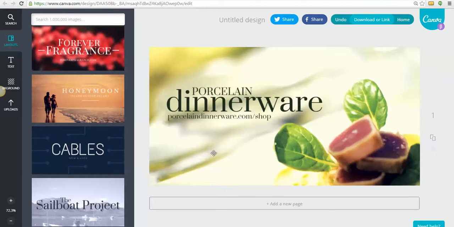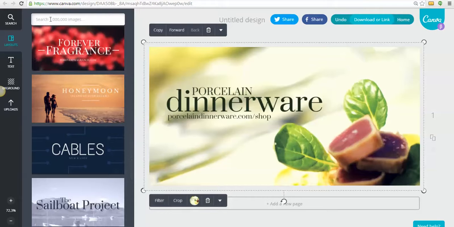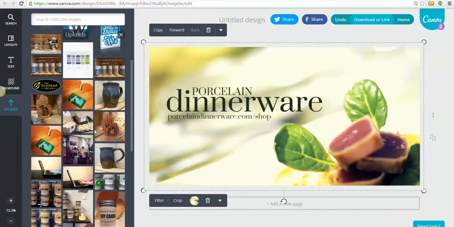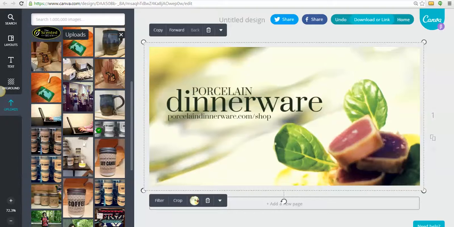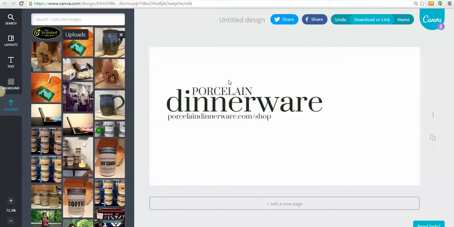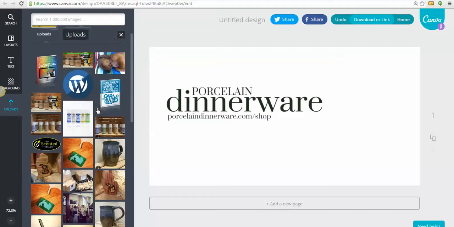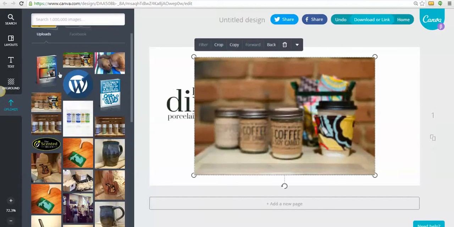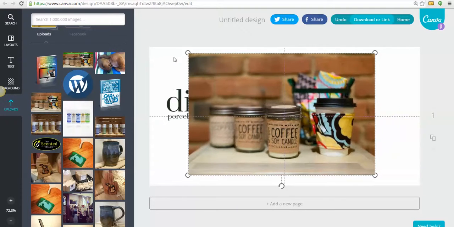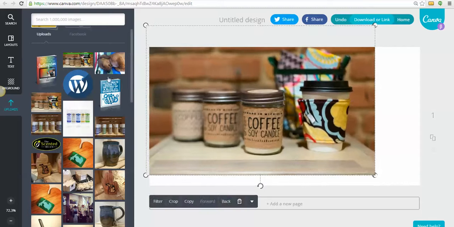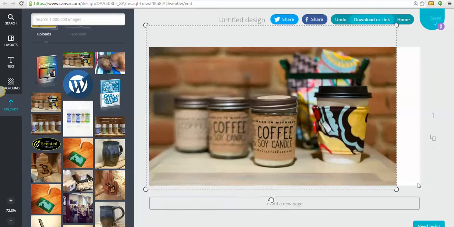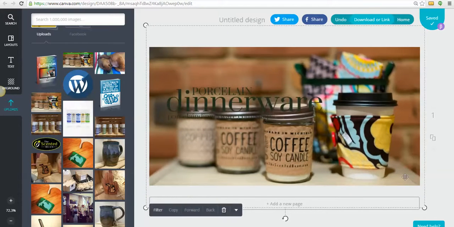So let's say I wanted to. Now they have a ton of stock images that are like $1, $2, something like that, that you can use. You can also upload your own photos. So that gives you an opportunity to do that. So let's say I just wanted to delete that picture and upload maybe my own. Maybe I want to do a candle picture for an ad that I'm running. So I want to pull my picture to